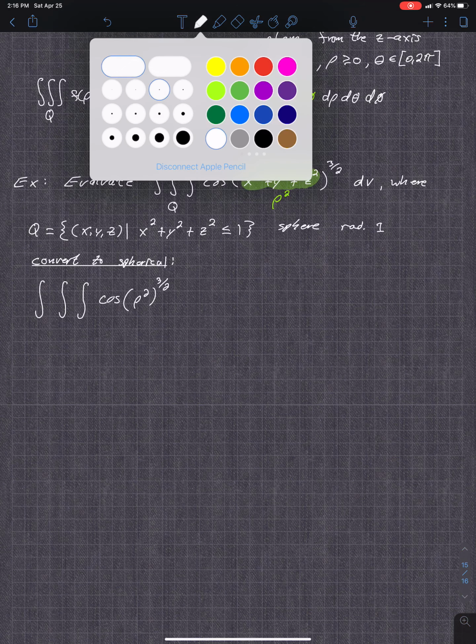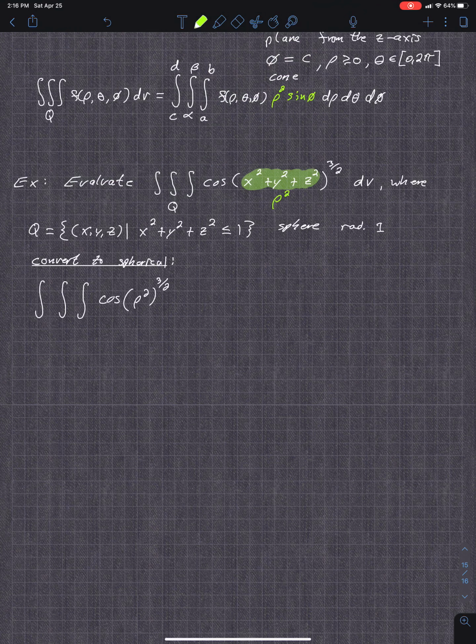All right, so I'll change the color of that too. So you place in your rho squared sine phi, and then the order is around the sphere. So you have a sphere. So I like to draw a little sphere over here, draw in your region. This one we kind of already know, but that's going to be your habit, right? To draw in your sphere. So you have your sphere, or your region, I'm trying to say here. So your rho goes from 0 out to the surface,